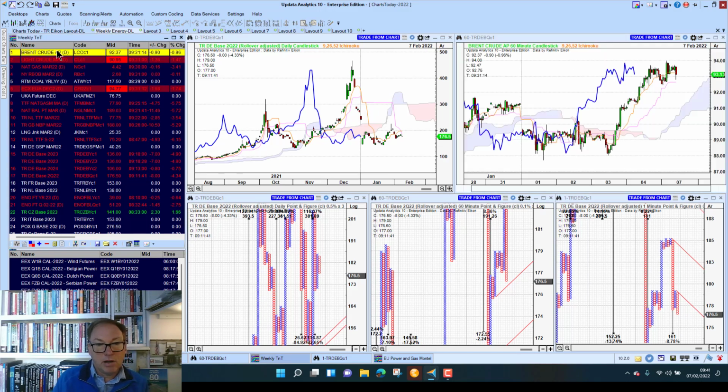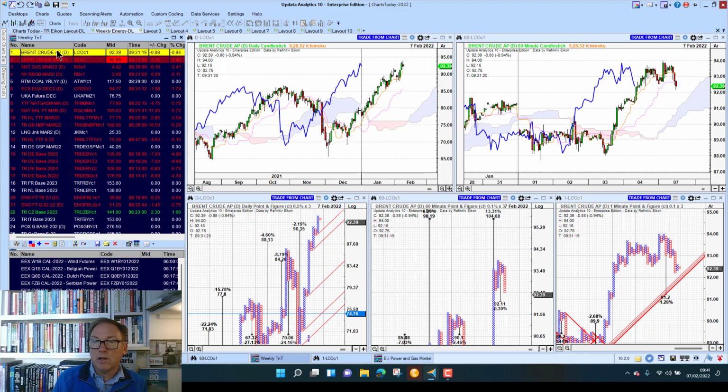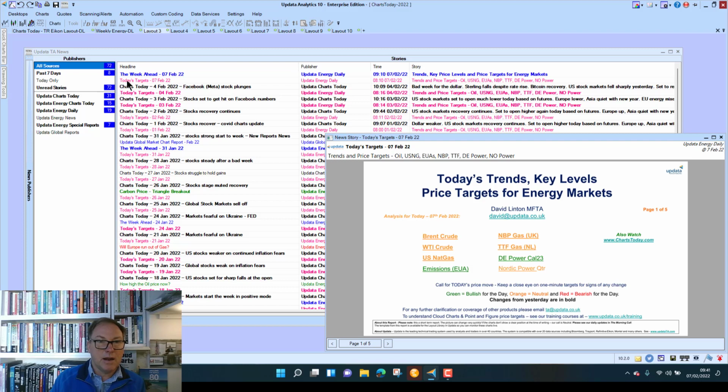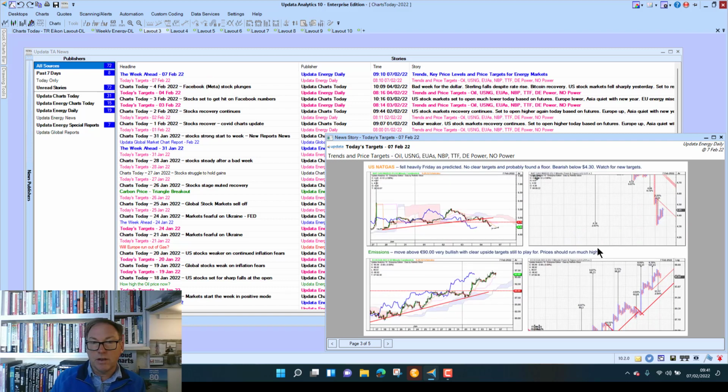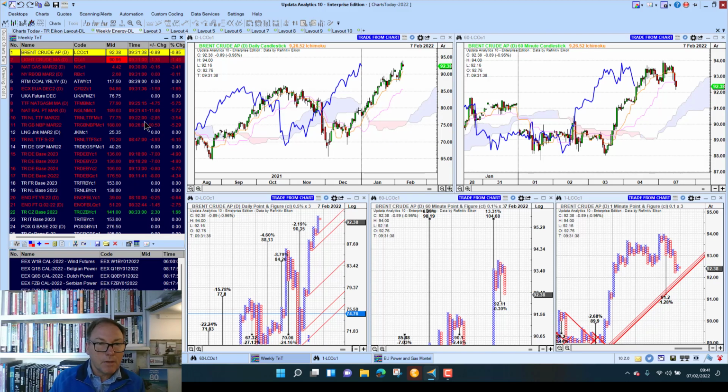Looking at Brent crude now, we're down this morning 1%, but looking really quite good for a rise. We've got good upside targets, looking bullish. We've given key levels in our morning call reports out to clients. You can see here in our morning call today's targets, and we've given those for Brent. So we were neutral today because we've got mixed targets, but we've given the key levels that need to hold. So if you're trading crude, keep an eye on those.